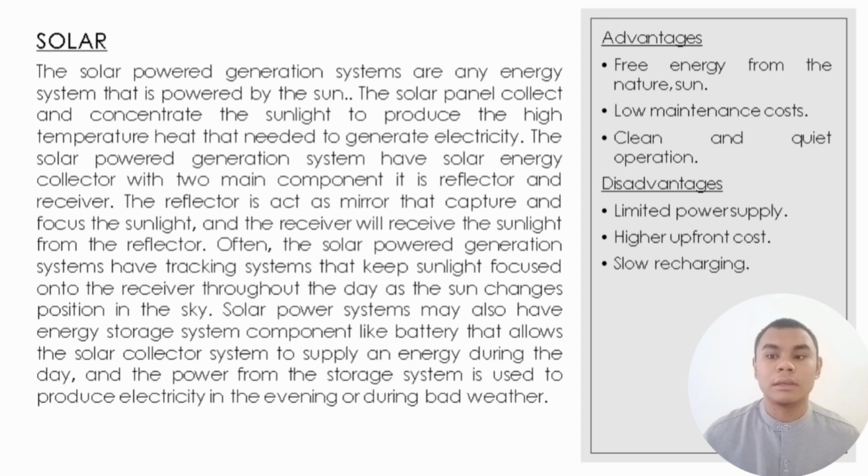The reflector acts as a mirror that captures and focuses the sunlight, and the receiver receives the sunlight from the reflector. Often the solar power generation system has a tracking system that keeps the sunlight focused onto the receiver throughout the day as the sun changes position in the sky. Solar power system may also have an